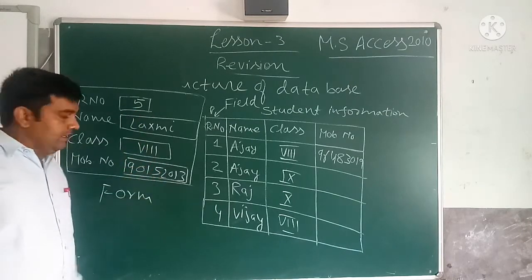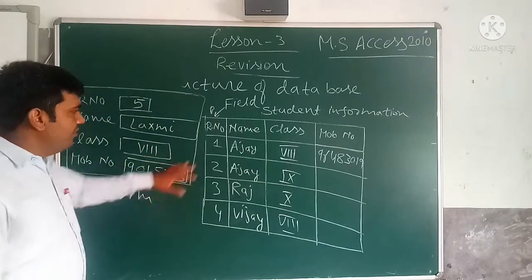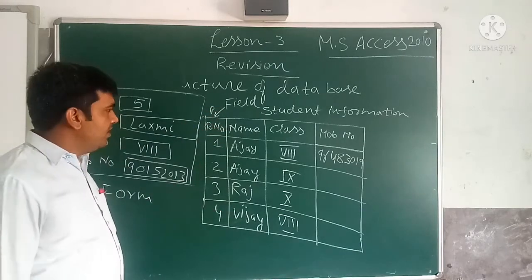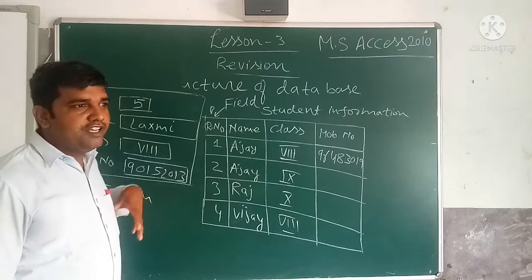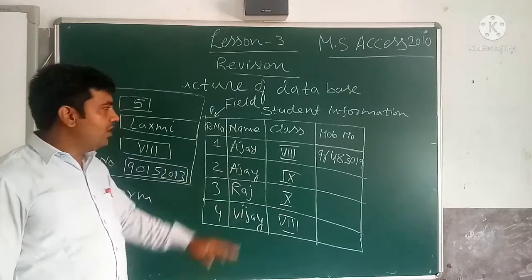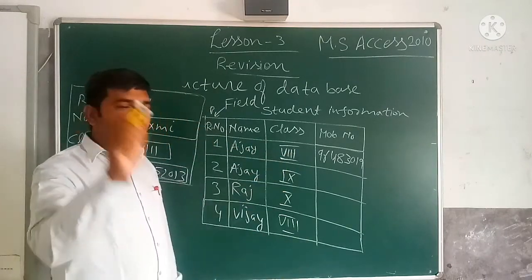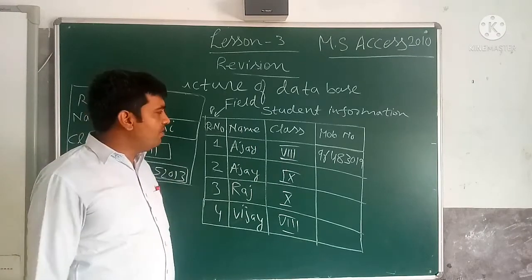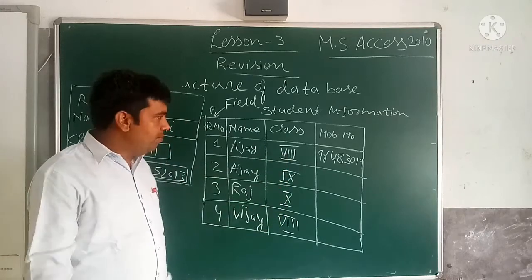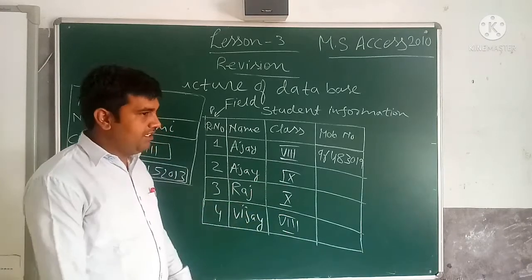Okay. So next is the reports. With the help of the existing information, we can generate a report in Microsoft Access. If you want to generate a report to find the number of students in class 8, suppose thousands of student records are saved in the database. Now you want to filter, you want to know only the number of students admitted in class 8. So that is the report. Like this, you can generate reports for the different classes' students.